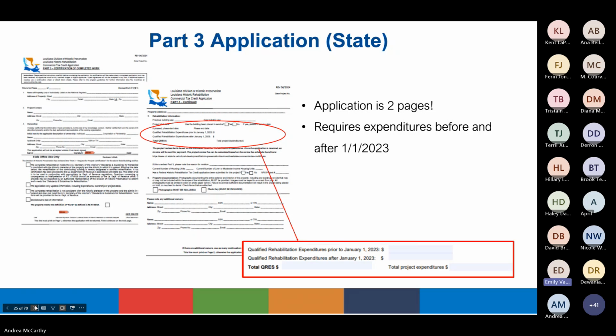The state Part 3 application is very similar to the federal Part 3 application. However, due to differences in the state program, the form is a little longer, 2 pages instead of 1. The main difference can be found in the QRE section on the second page. The state credit rate was increased beginning January 1st, 2023, from 20% to 25%, or 35% for rural areas. All expenses incurred prior to that date are eligible for the 20% credit, and all expenses incurred from 2023 onward are eligible for the higher credit rate. This means that if your project began before January 1st, 2023, you will need to calculate your qualified rehabilitation expenditures